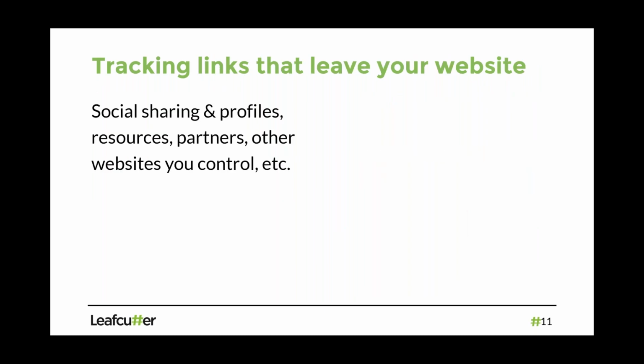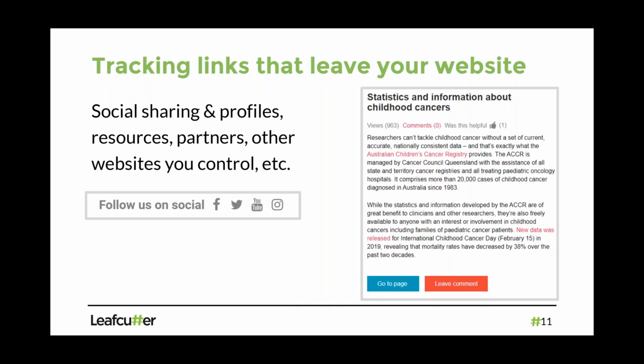Another part I'll look at is, quite often, we'll all have links on our websites that leave our websites. Things like links to your social profiles or social share icons. You might have resources externally or partners or whatever it is. But you'll have links on your website that leave the website, and I want to be able to track that. If we're sending people off the website, where are they going, and how frequently does it happen? And again, that can help us optimize where we are sending traffic.